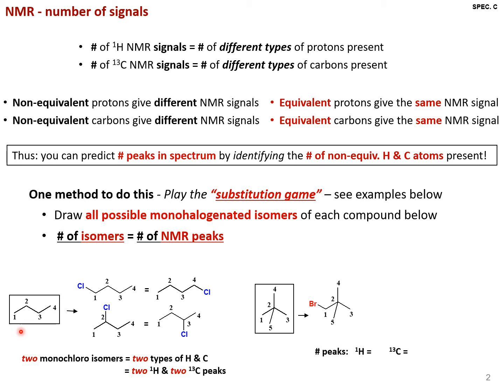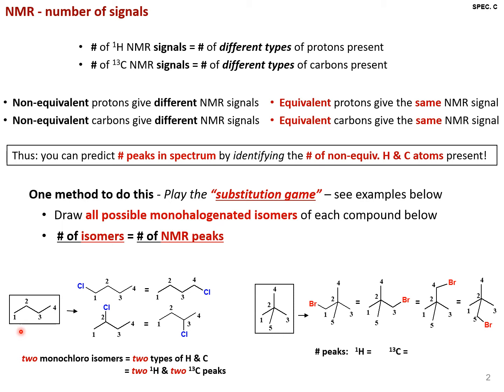All right, 2,2-dimethylpropane. How many peaks would you expect in the carbon and proton NMR? If I substitute a hydrogen on carbon number 1 for a bromine, I end up with 1-bromo-2,2-dimethylpropane. And if I substitute a hydrogen on carbon labeled number 3 for bromine, I end up once again with 1-bromo-2,2-dimethylpropane. If I continue substituting on carbons labeled number 4 and 5,